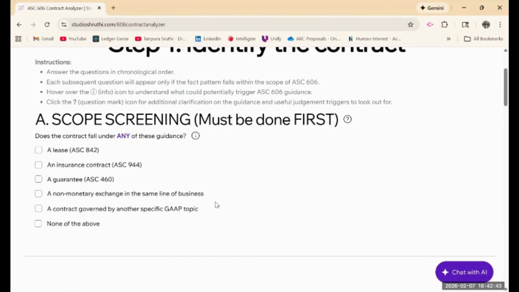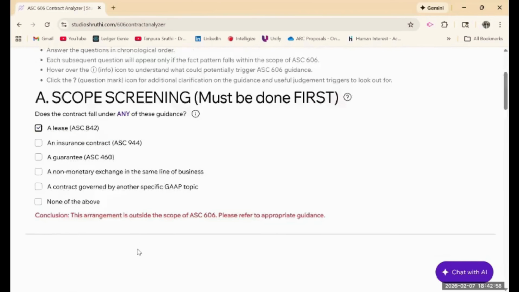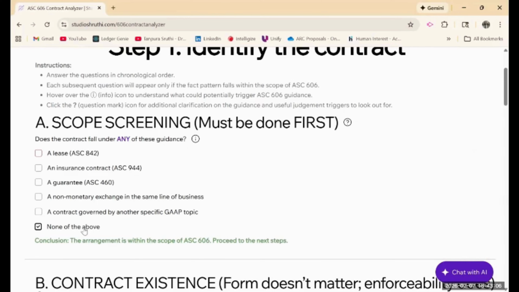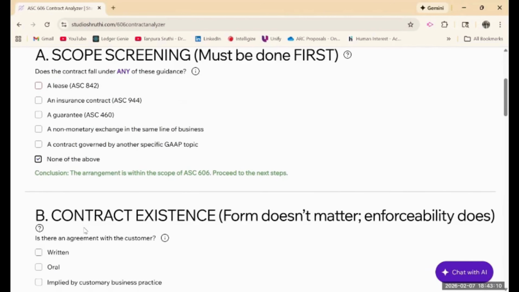Does the contract fall under any of these guidance? Let's say your contract falls under the lease guidance and you choose the first option, which is 842. The conclusion says this arrangement is outside the scope of ASC 606 and it does not proceed to the next question. However, if you confirm that your contract does not fall under any of the above guidance and choose none of the above option, it says the arrangement is within the scope of ASC 606